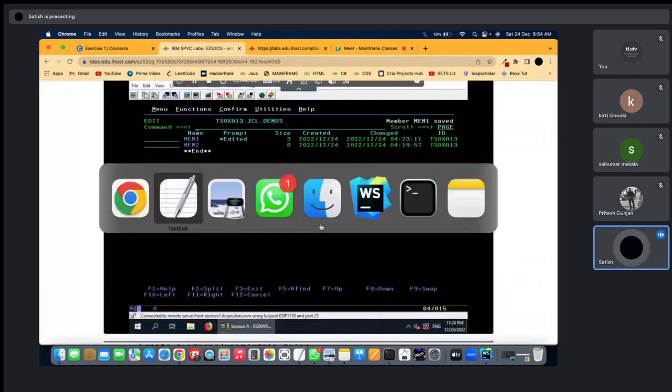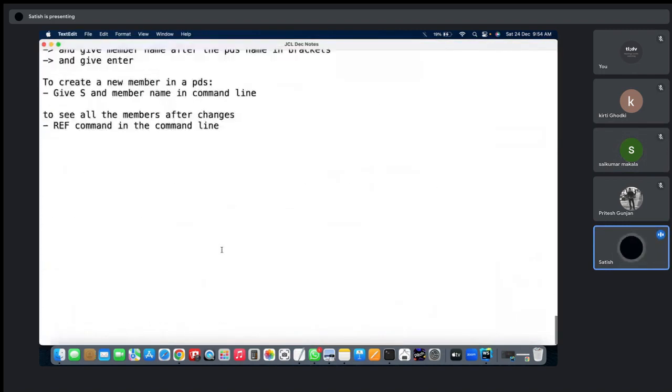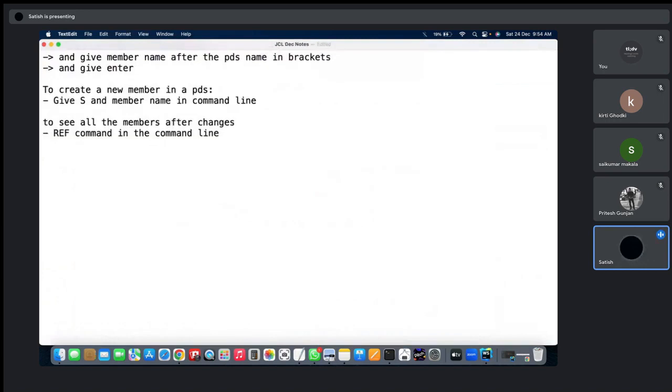Now we will see the job control language, which is how to write job JCL codes. What will be the structure of the job control language? We'll see the structure of JCL. Whenever you want to type any JCL code,